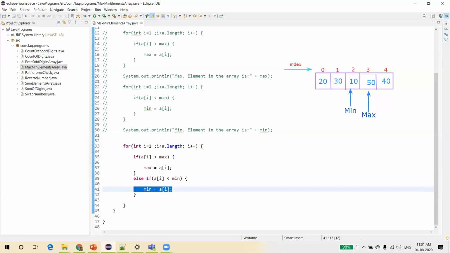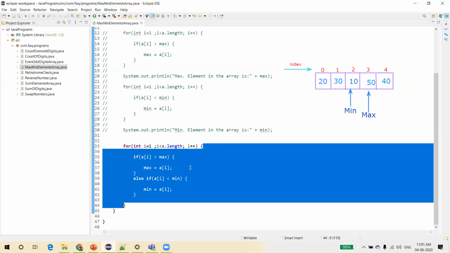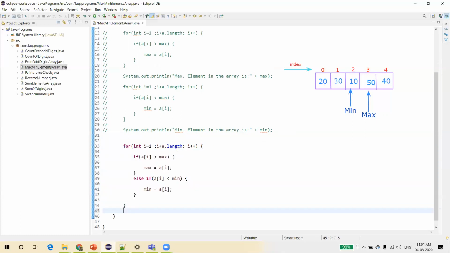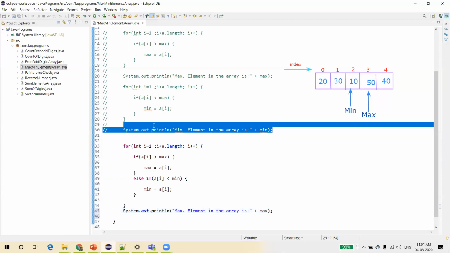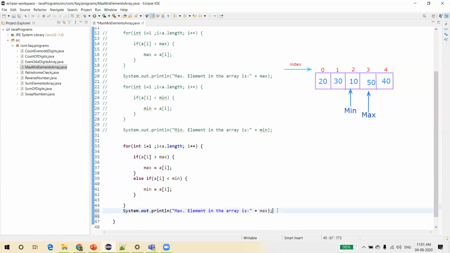If it is so, we'll assign the min value to that element. And this continues till all the elements in the array are read. And once it is done, we'll just print both maximum and minimum elements. Just print the maximum element in the array, and the minimum element in the array will be stored in the min variable.